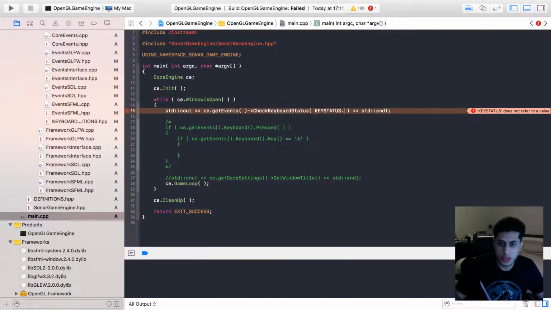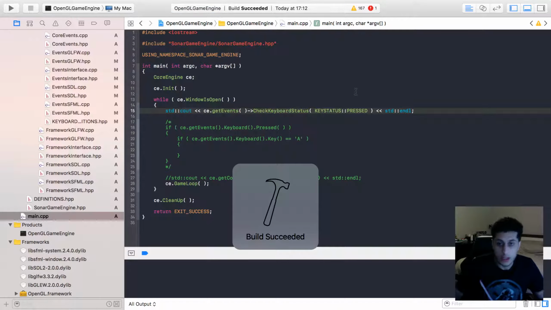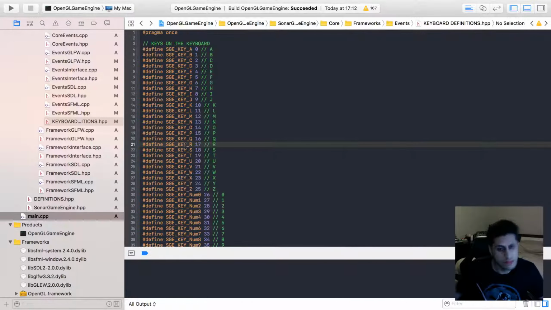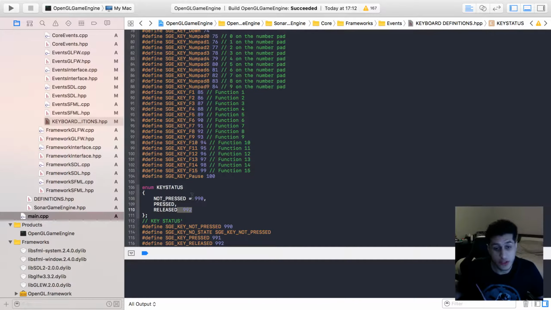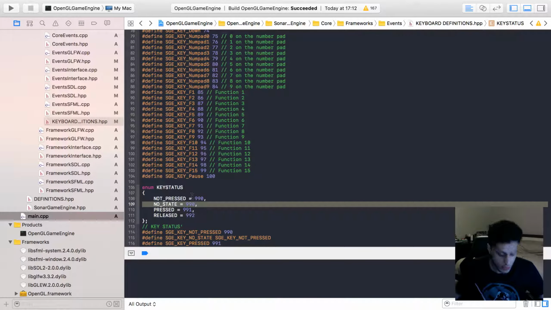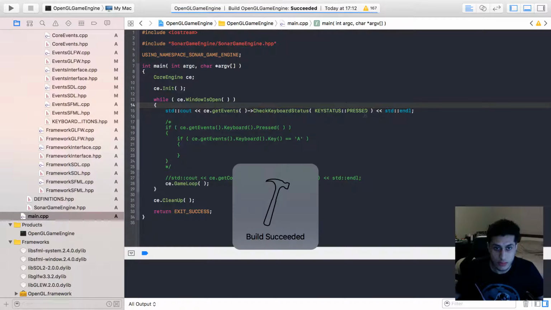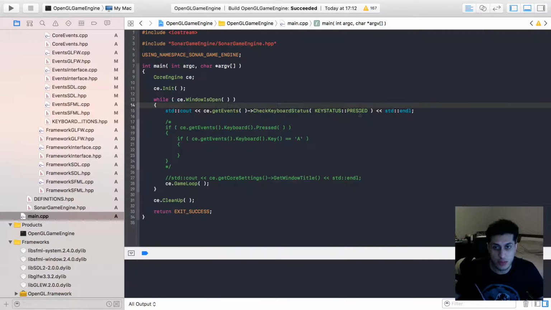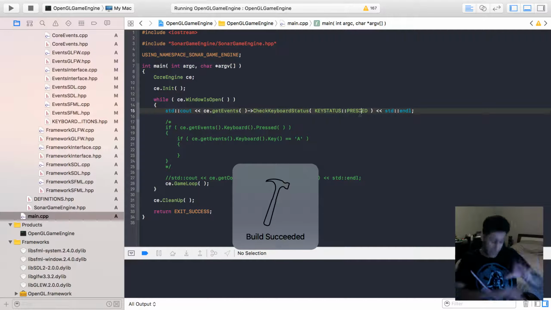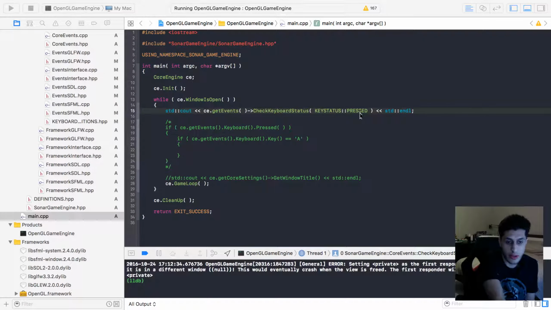That seemed to be fine. I thought it used to be dot. Obviously it wasn't, but my bad. So this is going to be checking the keyboard status. So it's going to be checking has the key been pressed, and this should